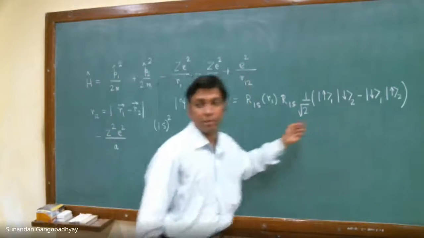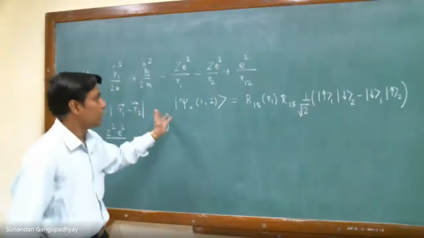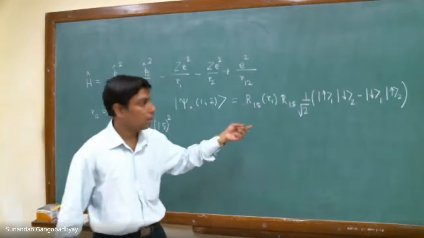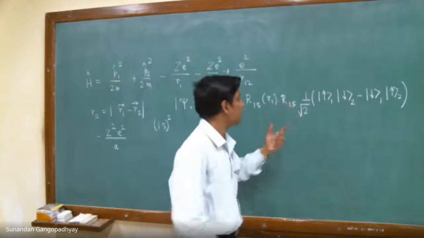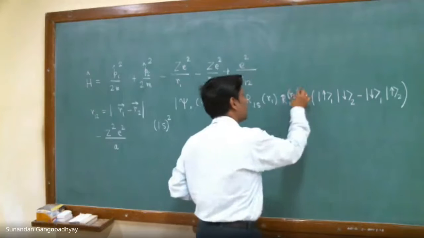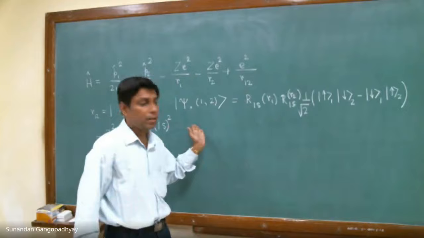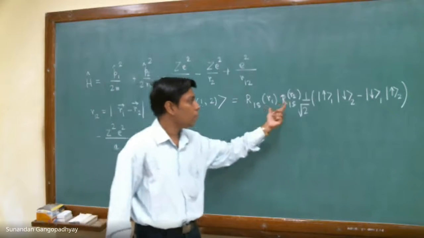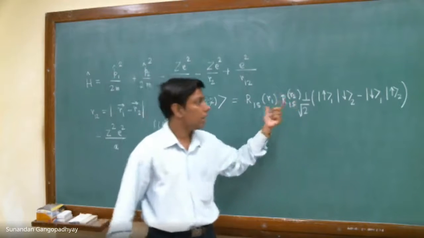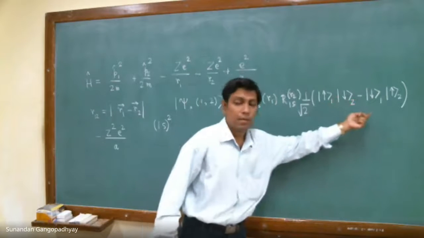So it is antisymmetric under exchange of both the coordinates. I missed here, this is a function of r2. So this eigenstate is antisymmetric under exchange of both the coordinates of the identical particles, as well as their